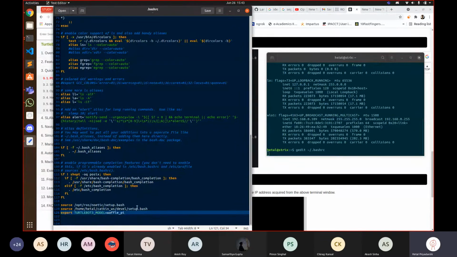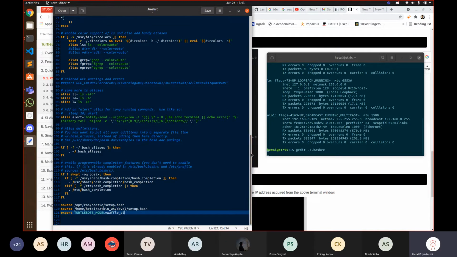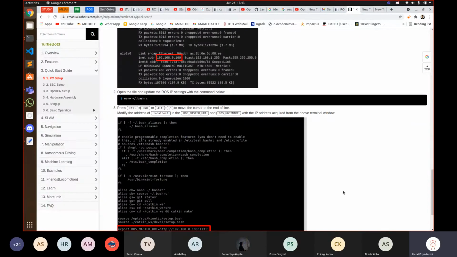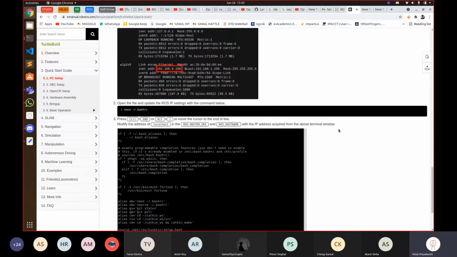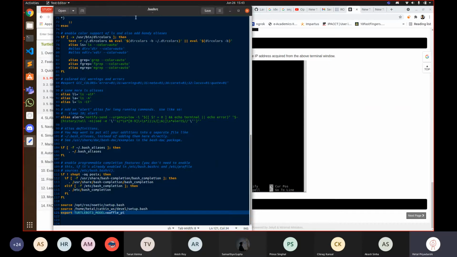After this you can see that, one more thing, if you don't have a physical TurtleBot, you actually don't need to do any IP settings. But just in case we end up working with a physical robot, we'll have to put these commands in. So this will be specifying the ROS master IP address.